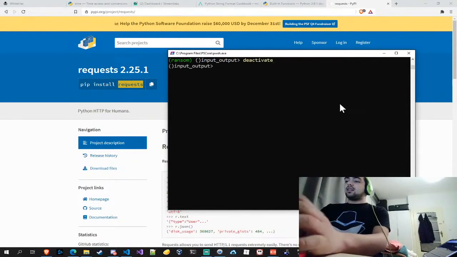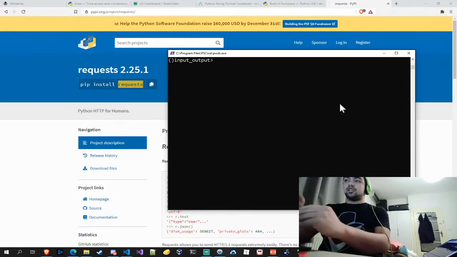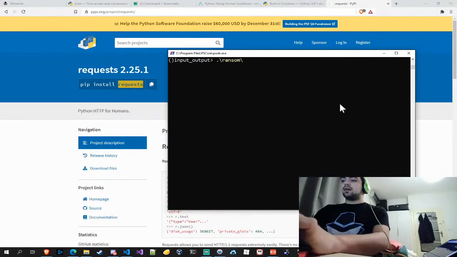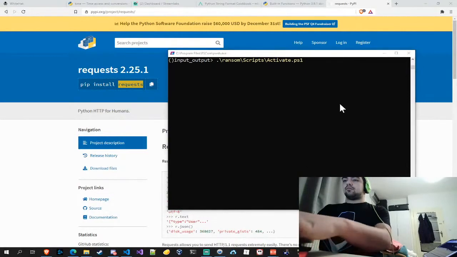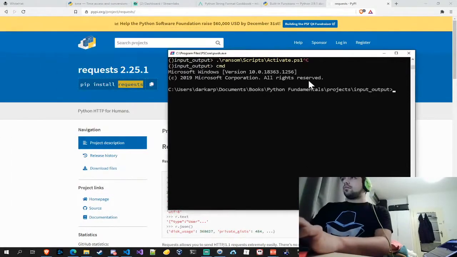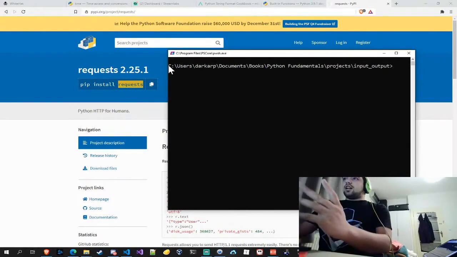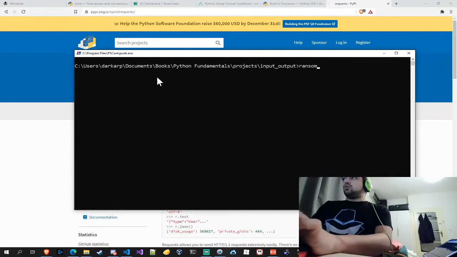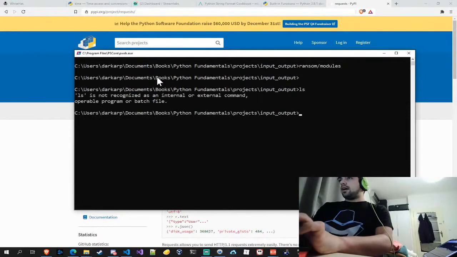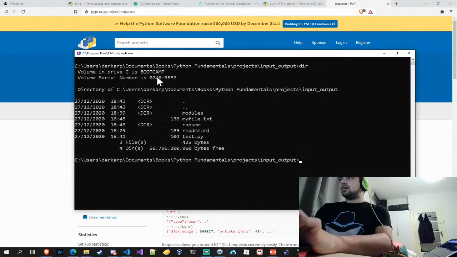So deactivate. If you're on Linux, by the way, you can do it in the exact same way, except to activate your environment, instead of going to Scripts activate.ps1, and again, if you're in command prompt, so let's open up command prompt. In command prompt, instead of PowerShell, you wouldn't use the PS1, right? You would use... where am I? Oh god, I hate CMD. Okay, so you wouldn't use